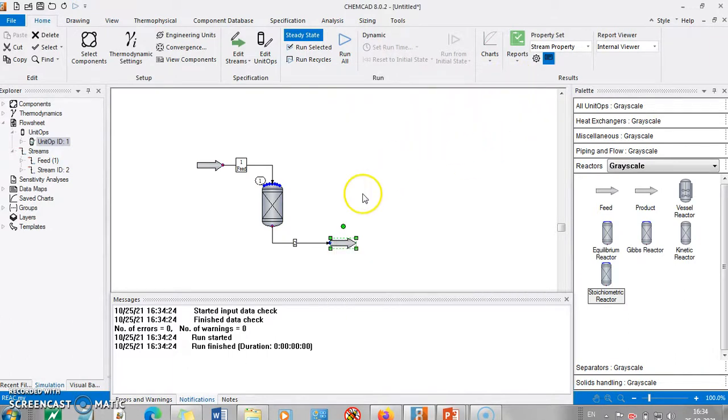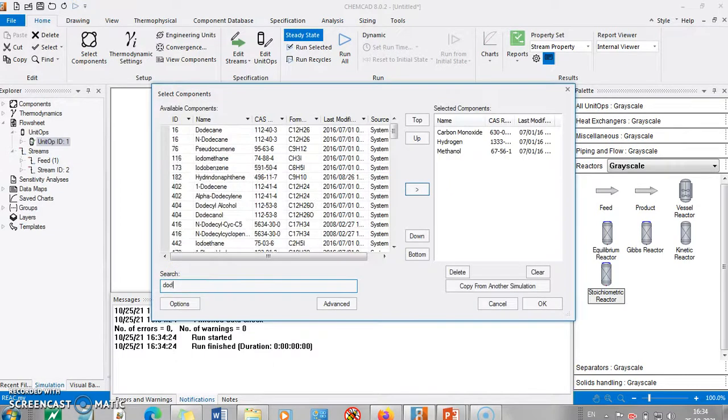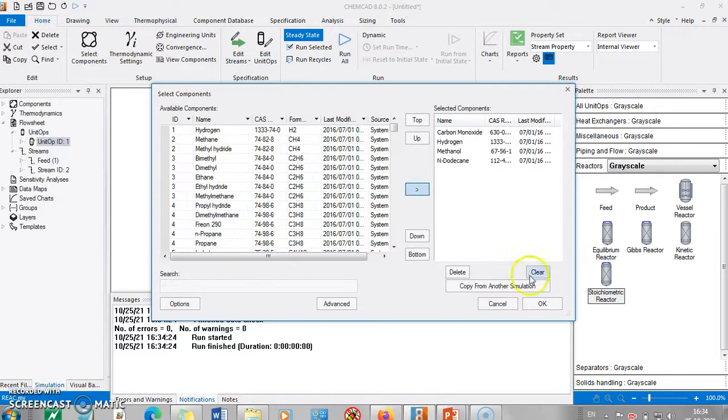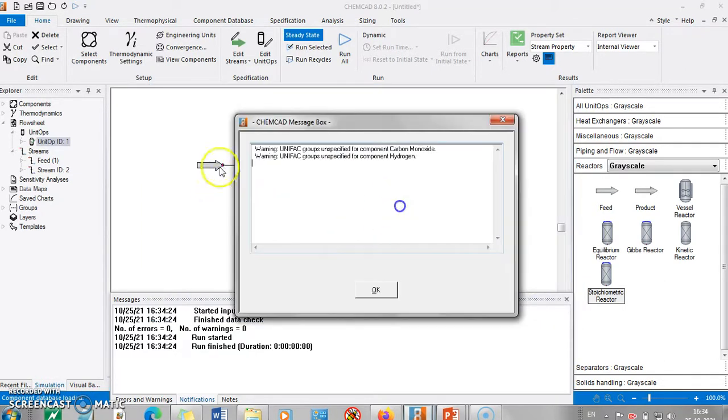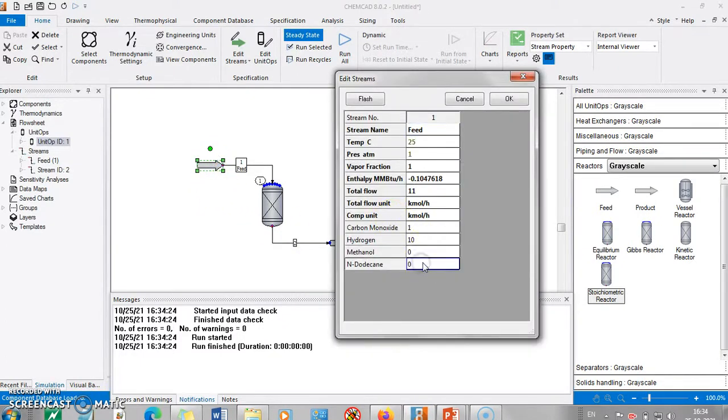And the third way of reducing the temperature is by adding an inert. What is that inert? In our case it is n-dodecane. I can go to this, go back to this, I search for n-dodecane, add it, press OK. I'll go to the feed. There are warnings which you can always read, and accordingly we can take the call.